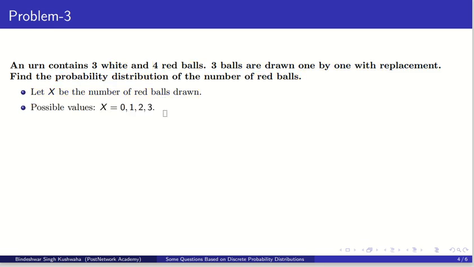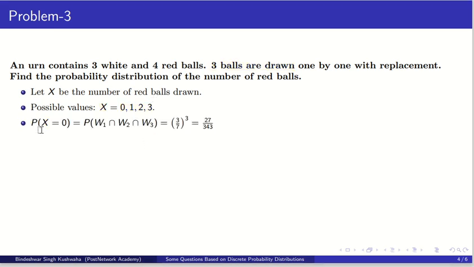Now what are the possible values? Three balls are drawn. Because this is a discrete random variable, the values may be 0, 1, 2 and 3. So when P(X=0), there is no red ball, only white balls, and the probability would be 27 upon 343. When X is equal to 1, you can say that P(R1 intersection W2 W3)